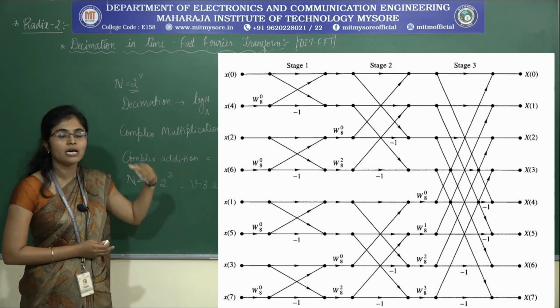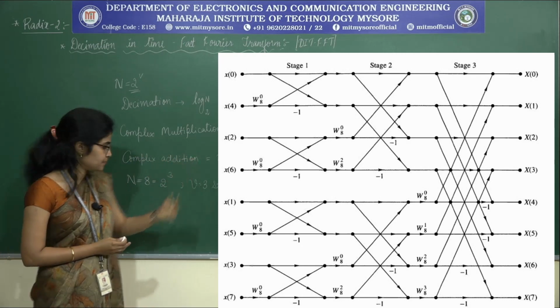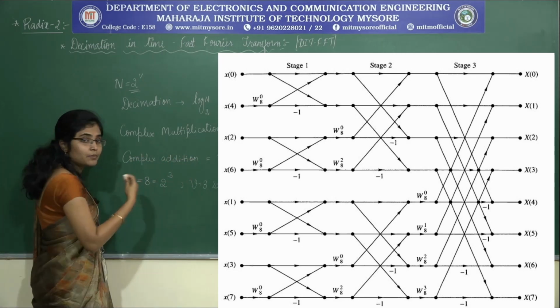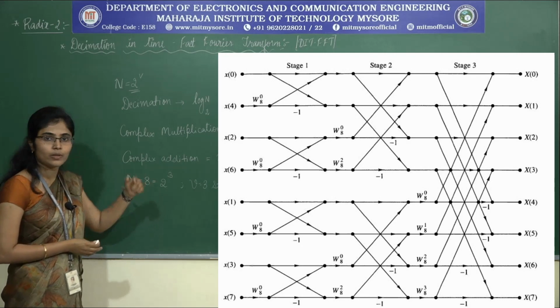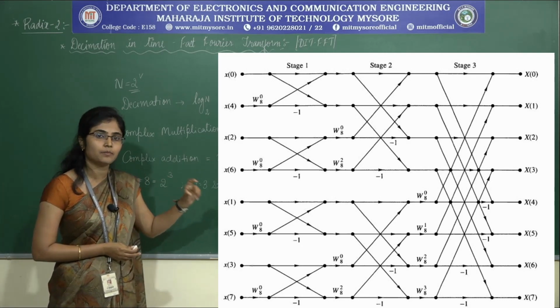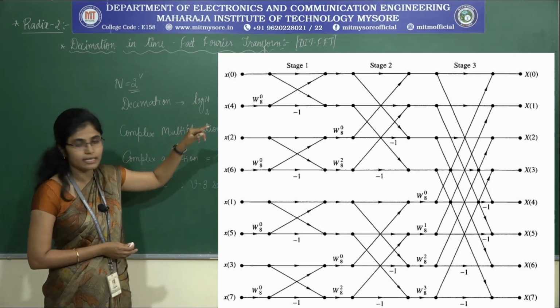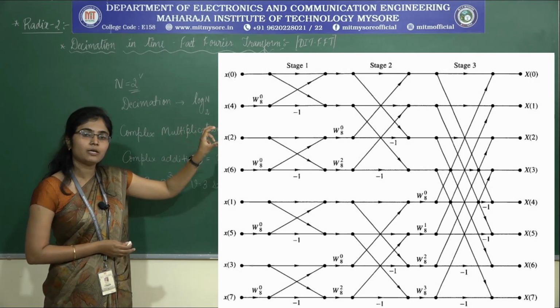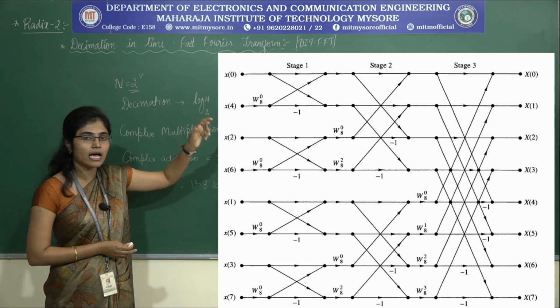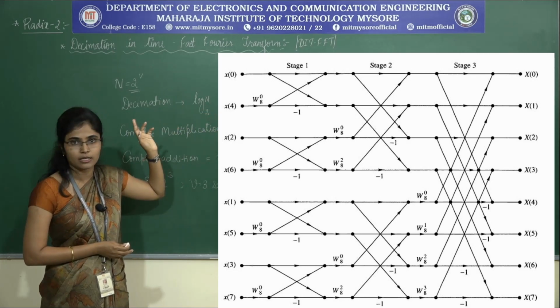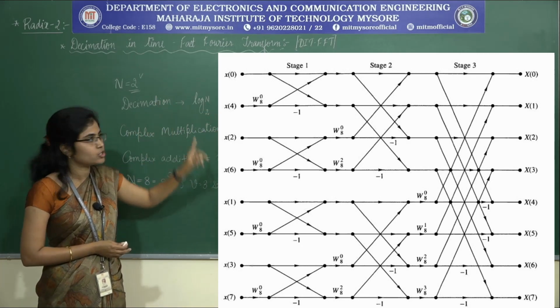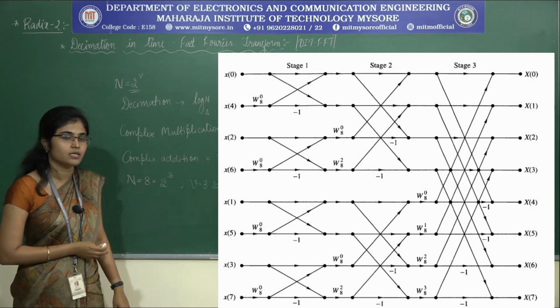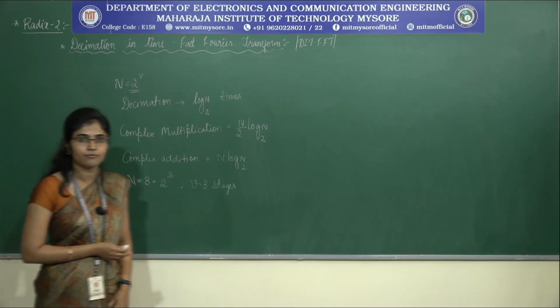What we do here is we take two numbers, A and B. B is multiplied with the twiddle factor term, and then that particular product term is added to and subtracted from A. The same basic computation is performed with the help of this figure. So this is all about the DIT FFT algorithm.